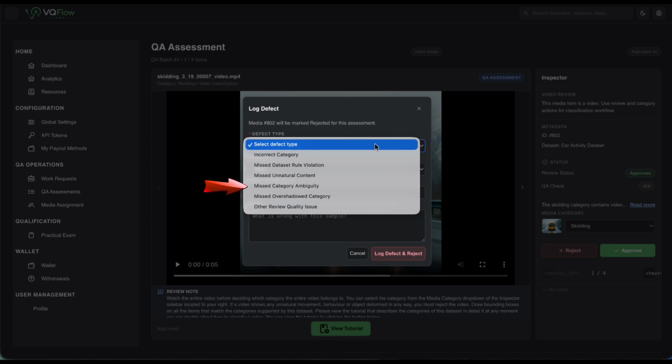Use Missed Category Ambiguity when the reviewer failed to flag an unclear classification or an action that changed midway. Choose Missed Overshadowed Category when the target behavior appears only briefly and is overshadowed by other content but the reviewer failed to catch it. Use Other Review Quality Issue only when none of the more specific review or output defect